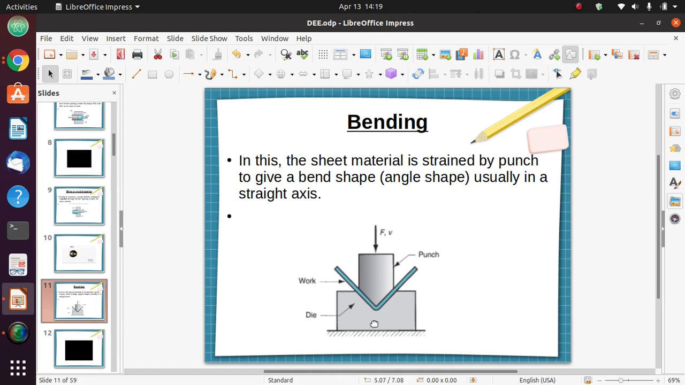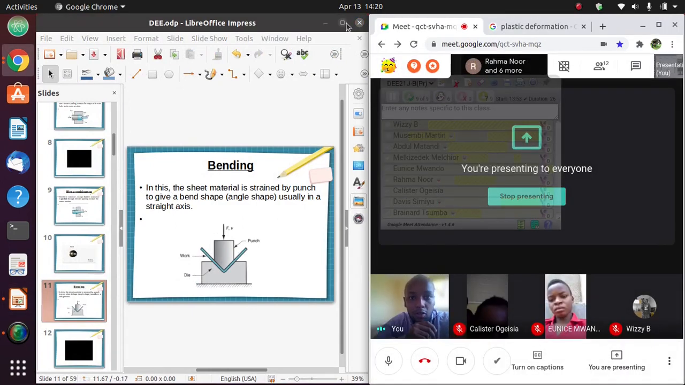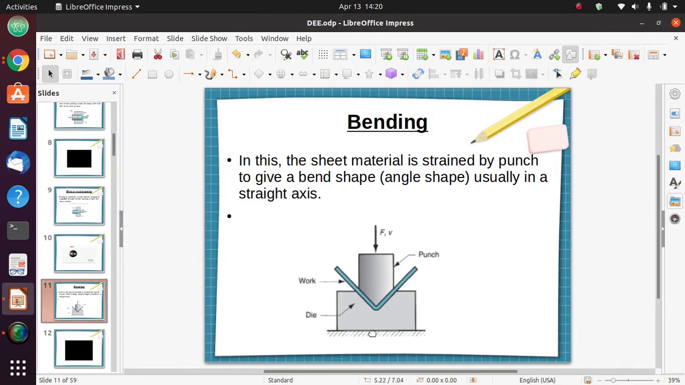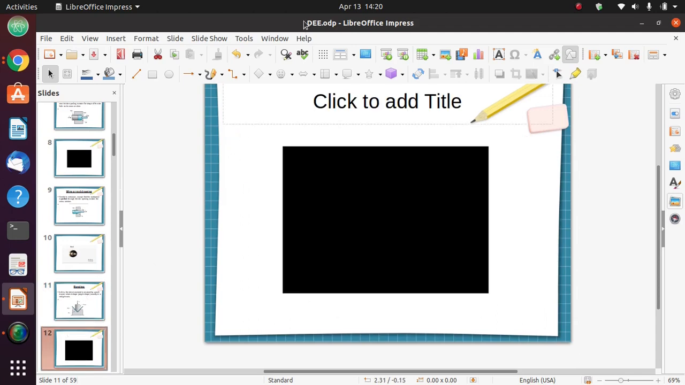The angle at which you are going to be pushing your die will depend on the type of finish you want. If you want an angle of 60, you will take a die that has an angle of 60. If you want an angle of 30, you take a die that has an angle of 30. So depending on the type of angle you want, you will use different dies. Now, let us see